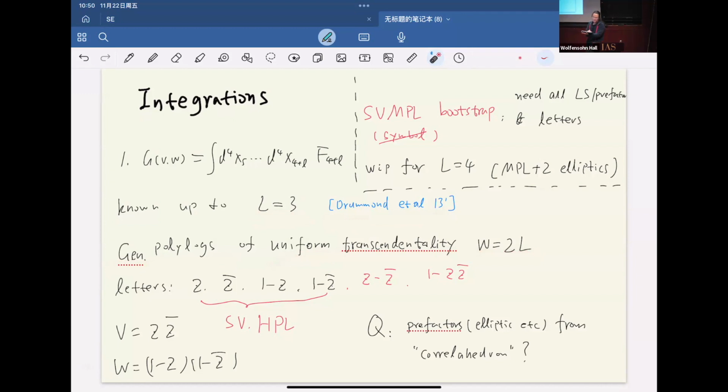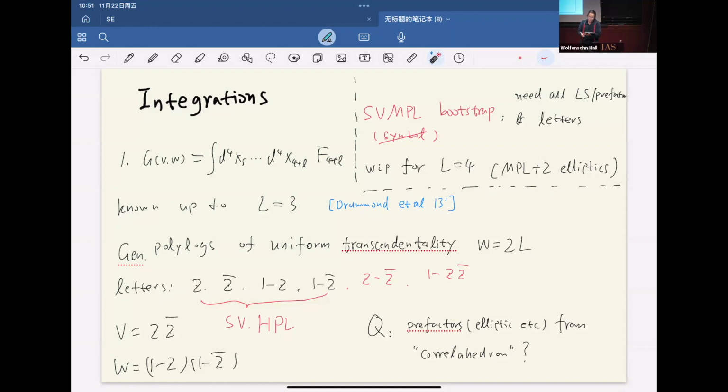And actually, it depends on some very simple letters. The simplest integrals depend on z bar, 1 minus z bar, which are defined like that. These are so-called single-valued harmonic polylogs. That's really the simplest you can get in this world. But starting at 3 loops, you see some new letters like z minus z bar or 1 minus z bar. This extends the harmonic polylogs into single-valued multiple polylogs. And we're currently working on a bootstrap for the 4 loop case, which will be some transcendental weight 8 function of these letters. And the reason,